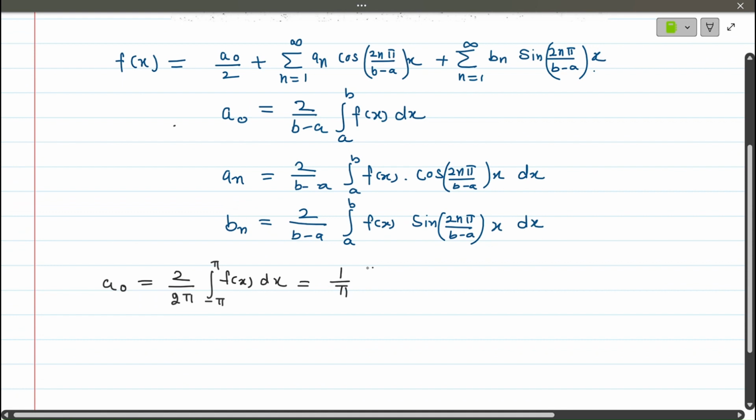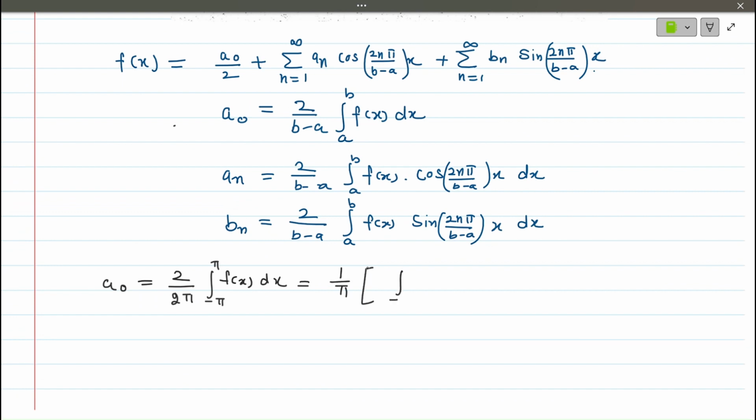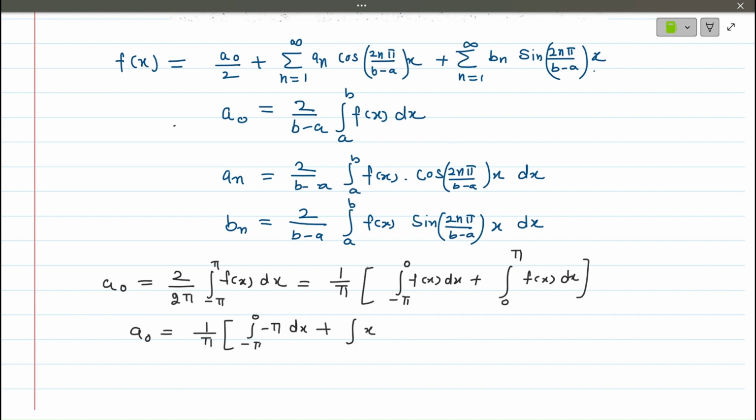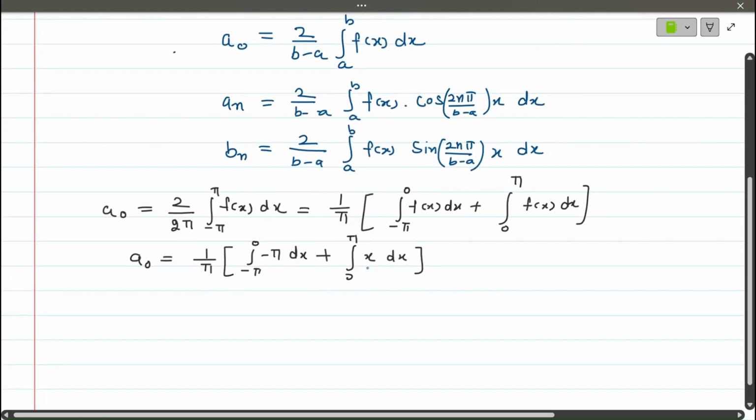1 upon pi, integral from minus pi to 0 of f(x) dx plus integral from 0 to pi of f(x) dx. So the value of a naught is equal to 1 divided by pi. From minus pi to 0 the function value is minus pi dx. From 0 to pi its value is x dx. Now integrating these two integrals,